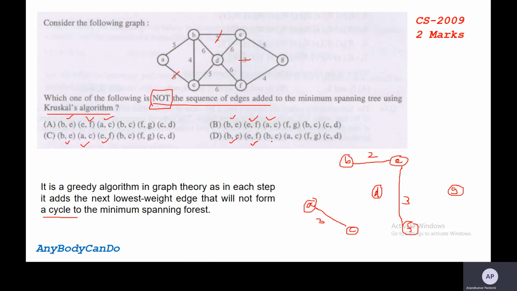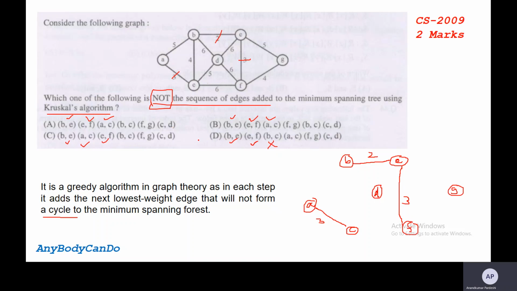But here you can see B to C. B to C is what? 4. So before covering the edge which has weight 3, it is going to the next higher edge, which is B to C, which is 4. So this is not the sequence in Kruskal.